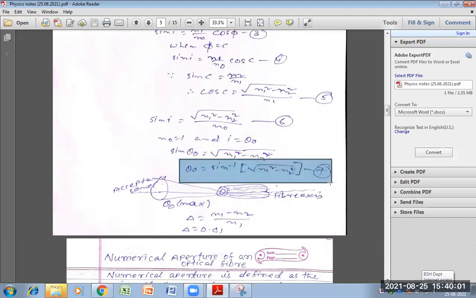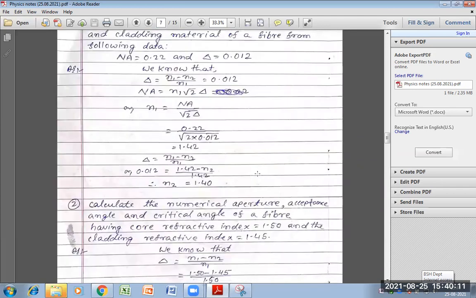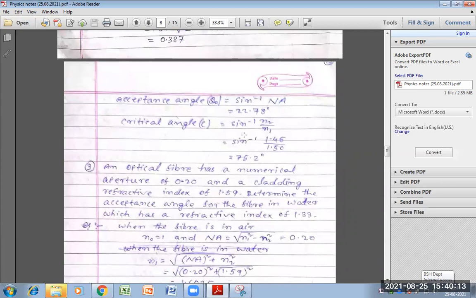This part, theta naught is equal to sin inverse into root under n1 square minus n2 square. इस पार्ट को भी हम लिख दिए यहाँ, sin inverse रूट अंडर n1 स्क्वायर माइनस n2 स्क्वायर मीन्स क्या हो जाएगा NA न्यूमेरिकल एपरेचर, ठीक होगा जी।